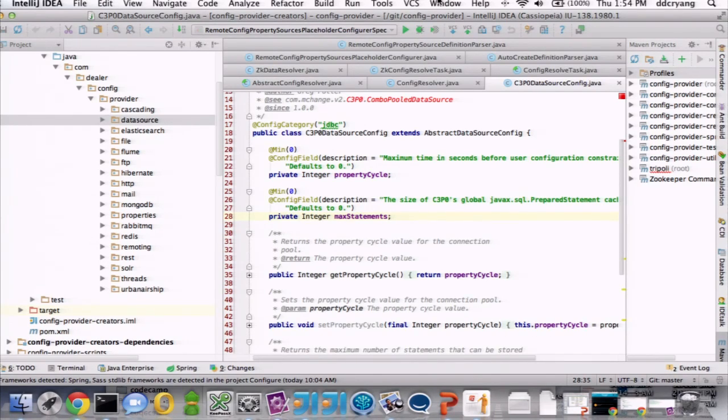Yes? Did you look at any different object stores? How did you come about using ZooKeeper and not, say, MongoDB or something like that? The question was how we came about using ZooKeeper instead of MongoDB or another object store, and that's a good question. We do have MongoDB in our stack, and we use it other places for a lot